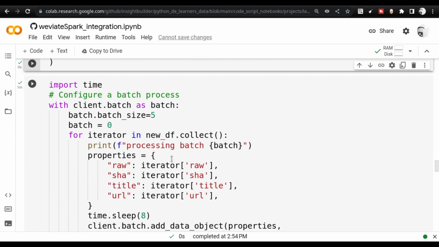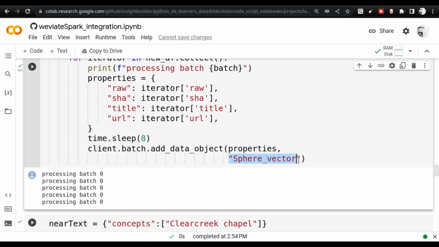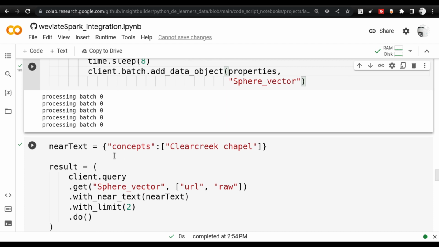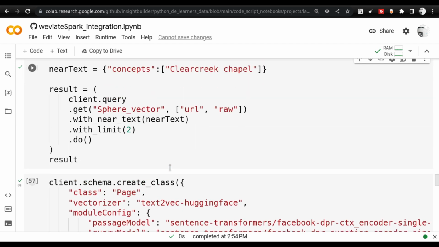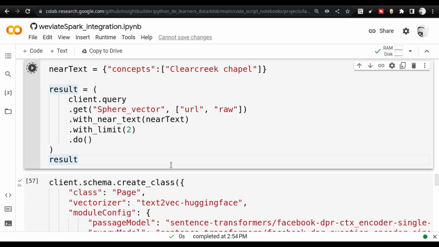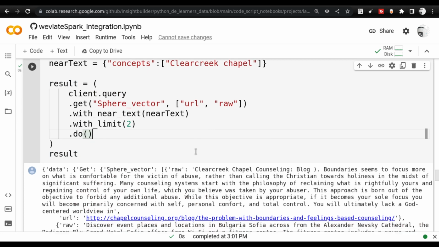I'm doing the same thing again. So I'm going to load this particular Spark data frame as a collection, as an iterator, and I'm going to iterate over it, and I'm going to load it into the Weaviate instance. And after that, I'm going to do the near text search, and you see that, just a minute, let me do the near text. So once I do the near text search, you see that I get the nearest text